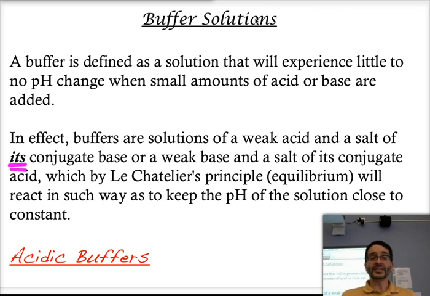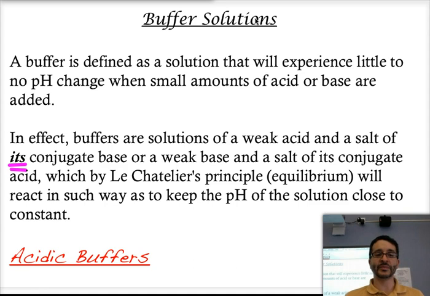Now, the reality is that if you have pure water or a non-buffer solution, if you add a small amount of strong acid or strong base, the pH is going to change dramatically. So if you add 1 milliliter of concentrated hydrochloric acid into a liter of water, the pH drops very significantly from 7 to about 2, depending on the concentration, or even 1. Similarly, if you were to add a concentrated solution of sodium hydroxide, the pH would go from 7 to somewhere in the vicinity of 12, 13, or even 14, depending on the concentration of the sodium